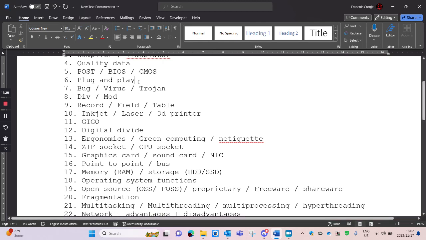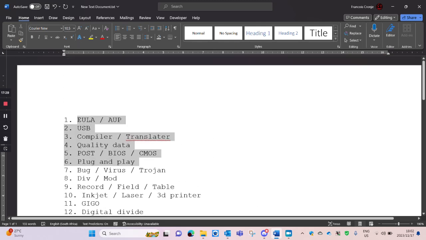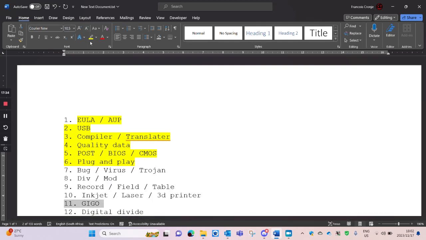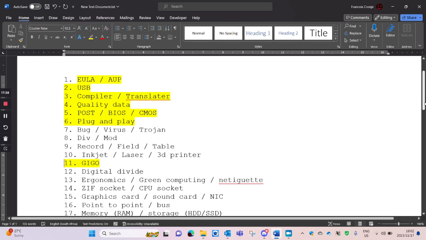Okay, we're good. Yes, there's a variety of ways. I can ask you just what is plug and play, or I can say you added a new device and the computer just automatically tells you about it, what do we call that technology? Say plug and play. That's basically the two ways. There's nothing else I can actually ask. It will be literally one of either giving you a scenario and you have to tell me it's plug and play, or the reverse: asking you to explain what plug and play is.